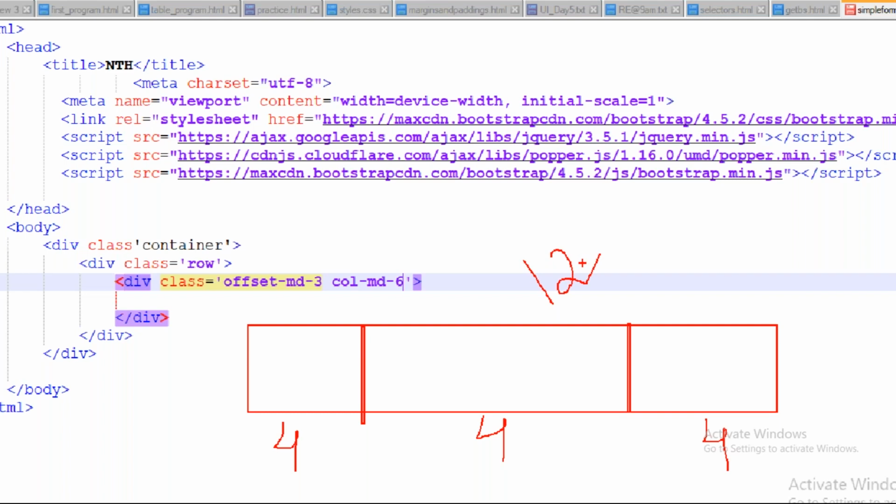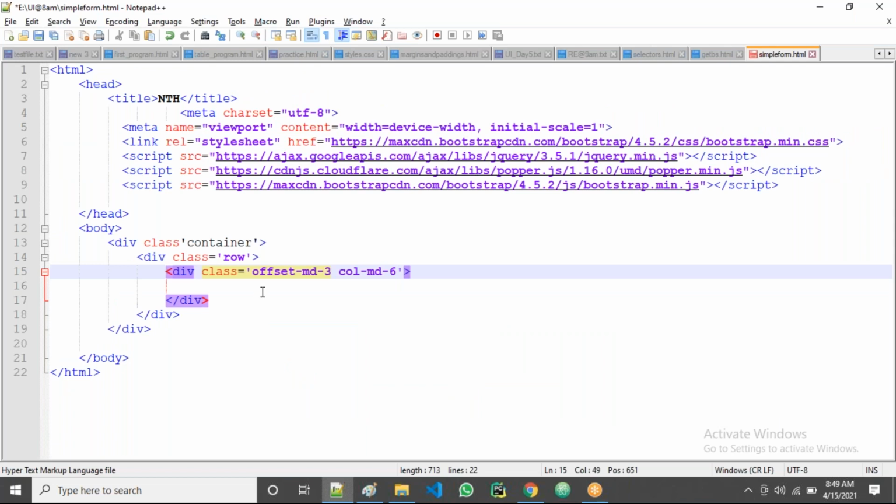Okay. So if I want to use the middle 8 columns, then what we do? Skip 2 and use 8. Remaining 2 are there. That's all. Like this. So in this case I'm skipping 3, and using 6. 6 means very more width, right? More width, guys. We'll see later, we can modify.